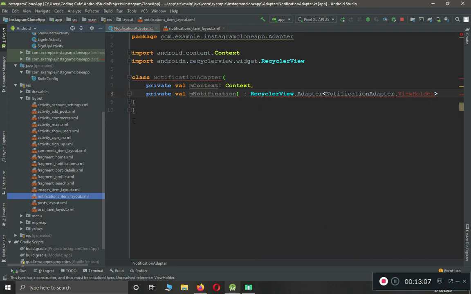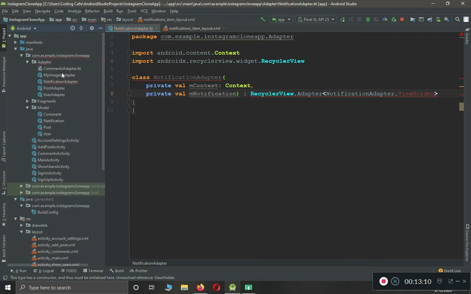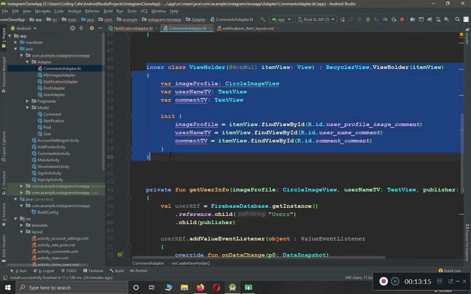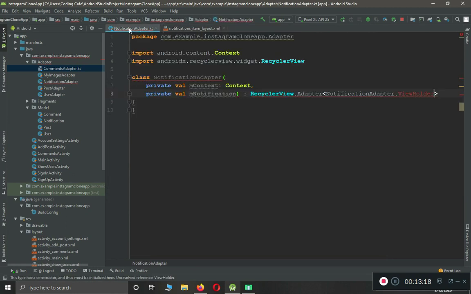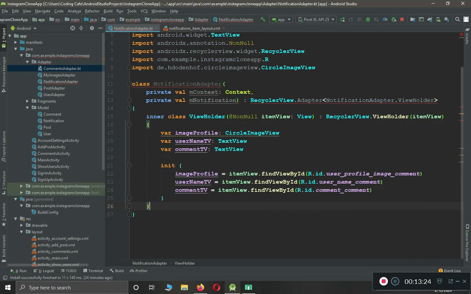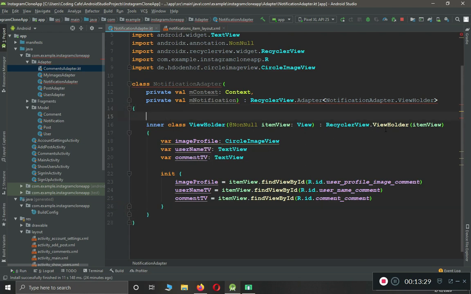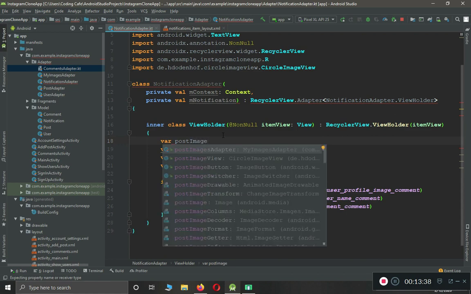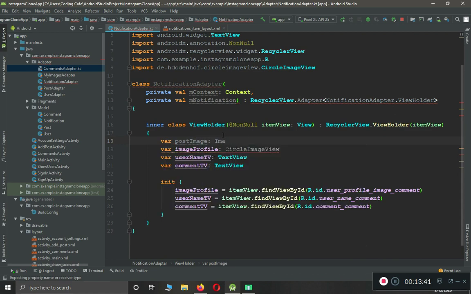Now for the time saving, what I'm going to do is let's just go to the comments adapter. From here we are going to copy this inner class. Now this is totally different. We are just doing it for the time saving, and we will change it according to our need for our notification. So first of all, this is our inner class view holder, recycler view holder item view. So we have an image view for displaying the post image, and it is of type image view. Then second, we have a circular image view for displaying the profile image. Let's give it name as